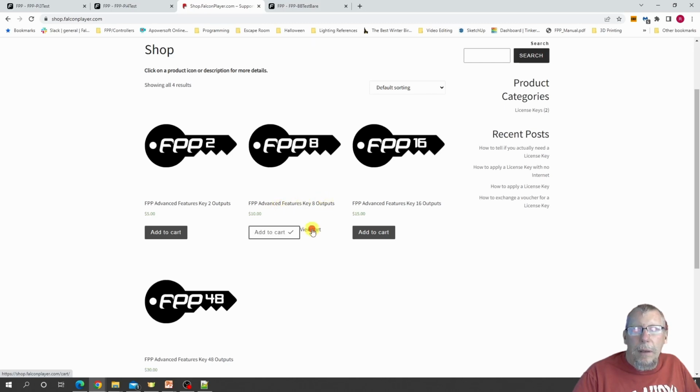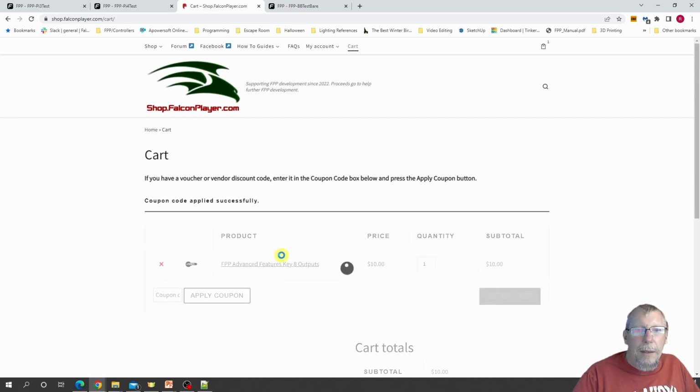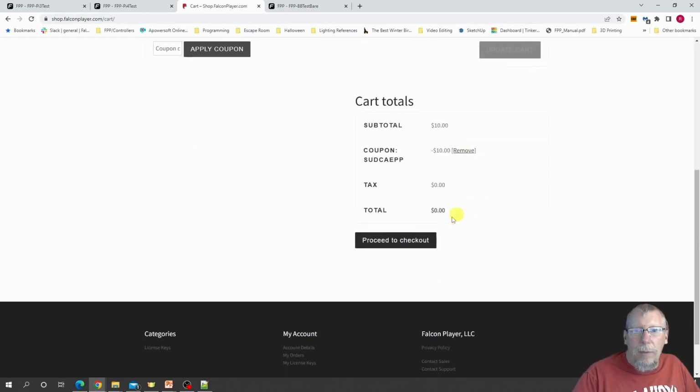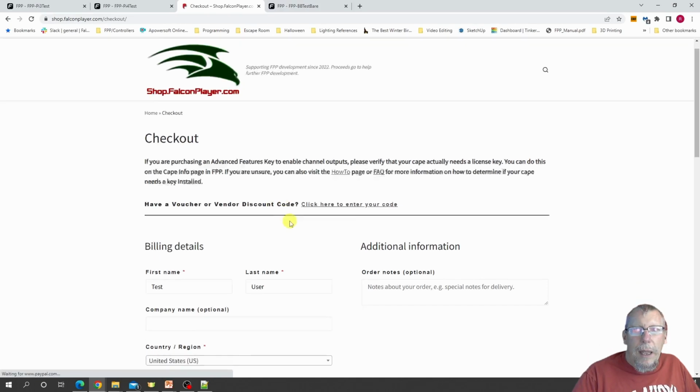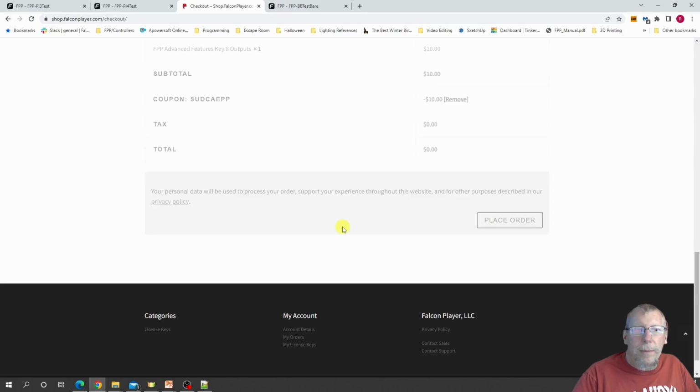Going to view the cart, and when you get to here, you're going to put your voucher coupon in there. That'll be your voucher. And then when you apply that, it'll give you a $0 amount. So you just proceed to the checkout, go through, and place the order.